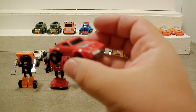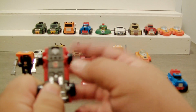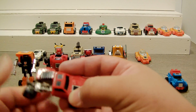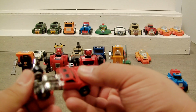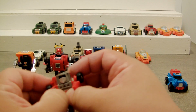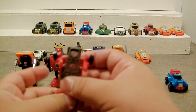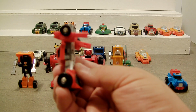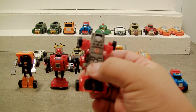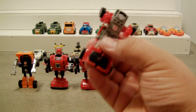Next you got Windcharger. Windcharger is a Corvette. And with him, that's his underbelly there. Just bring a foot forward, flip it I should say, and then just bring out the arms. As you can see, these are all super basic, nothing hard to them. I think at the time they were $1.99 at the stores, so that's pretty cool. And I don't have any of these from childhood. I honestly have repurchased these later in my adult life, so this is how I was able to get a